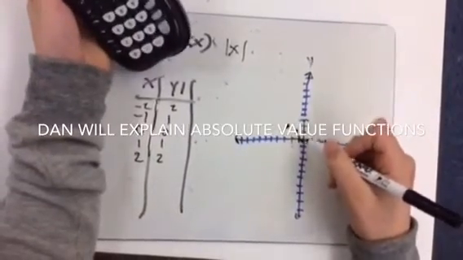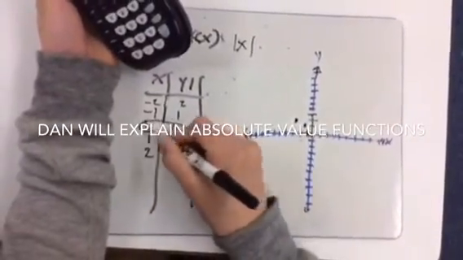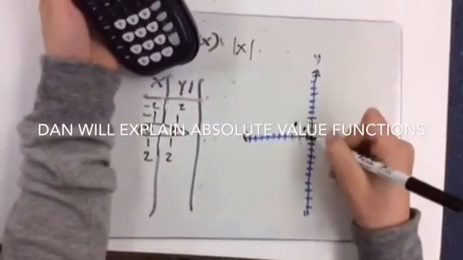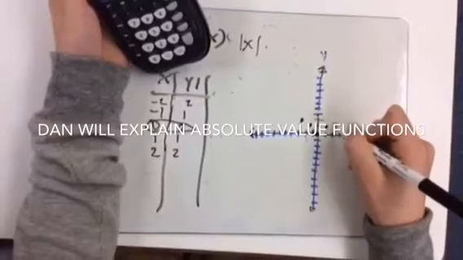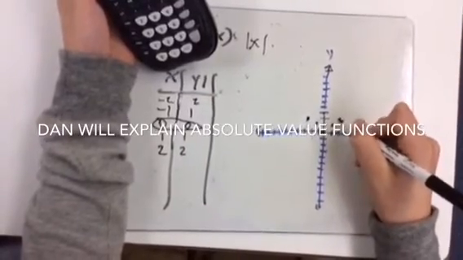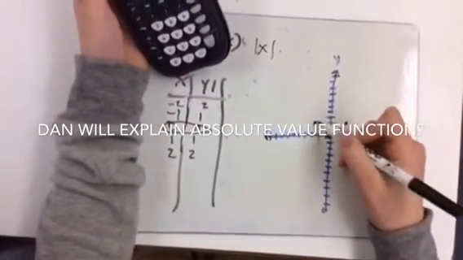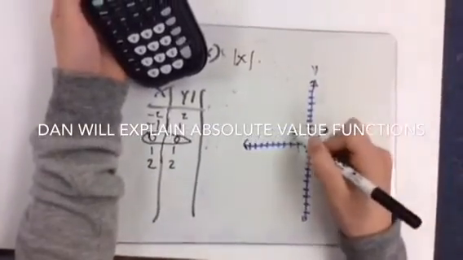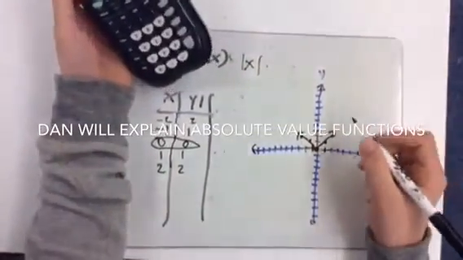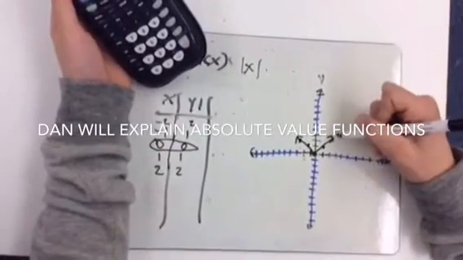Then you go to the turning point, which is 0. Then you go to 1, 1, which is right here. Then you go to 2, 2, which is right there. Then you have to connect your points. Then you have to label it, and that's f of x